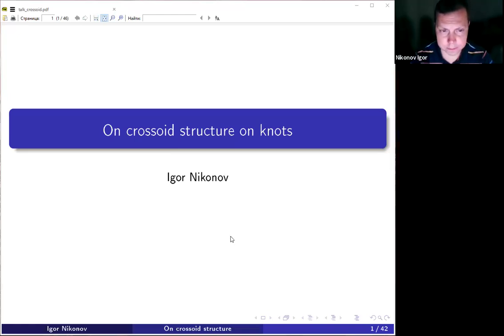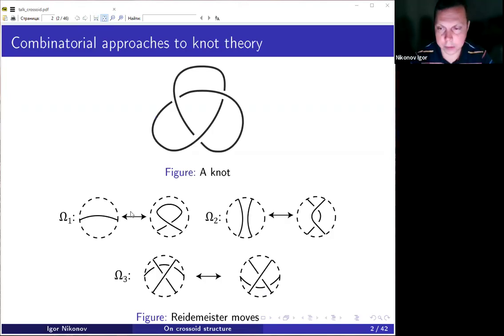My talk is devoted to one structure which appears on coverings of crossings of knot diagrams. So we look at knots combinatorially and consider knots as equivalence classes of diagrams, where diagrams are just four-valent graphs with the structures of overcrossing and undercrossing in the vertices. And we also consider these diagrams up to isotopy of such graphs embedded in the plane, or maybe any other oriented surface,